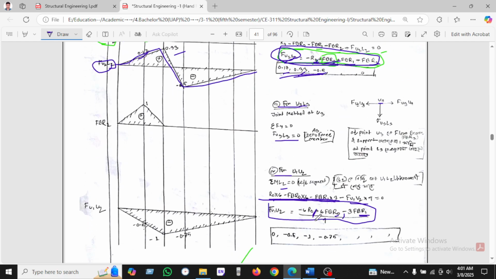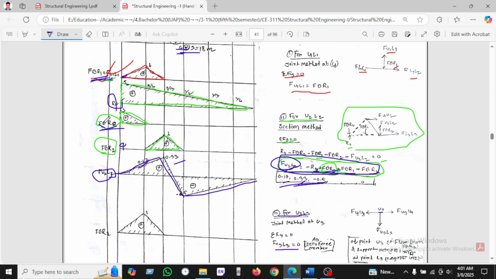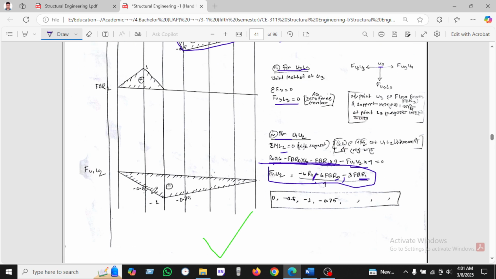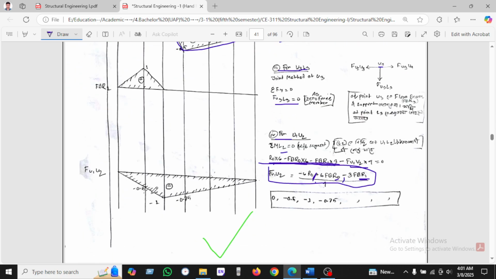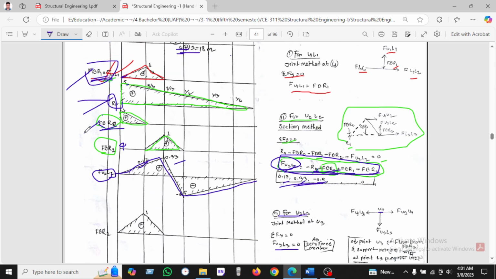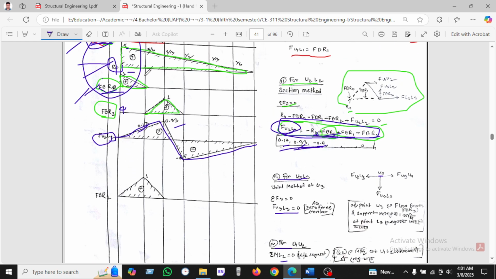After finding this diagram, and floor beam R naught, putting this equation or this diagram, we're just putting